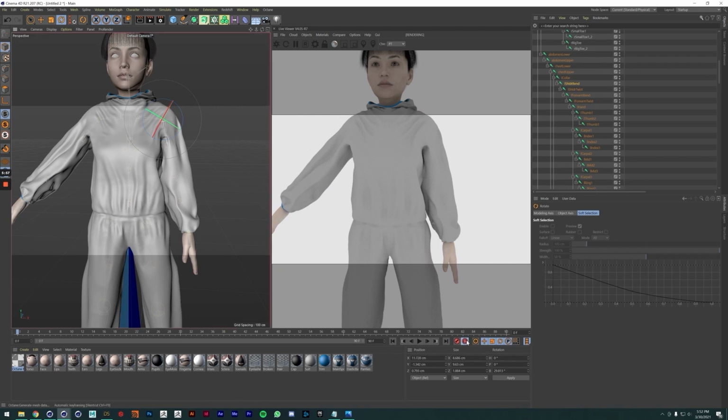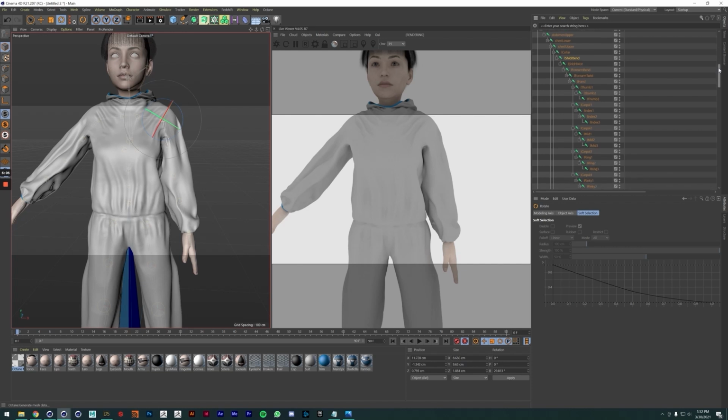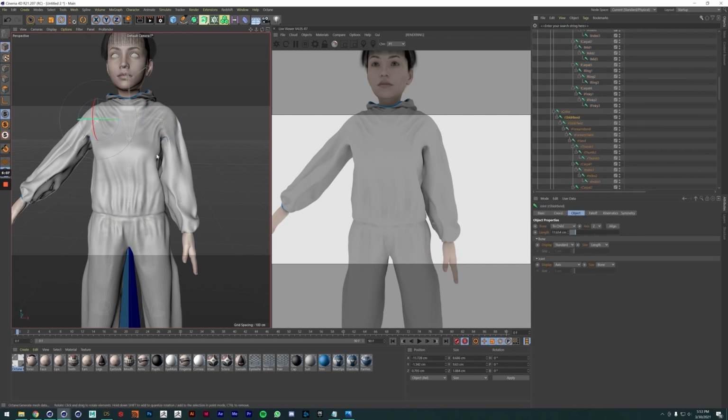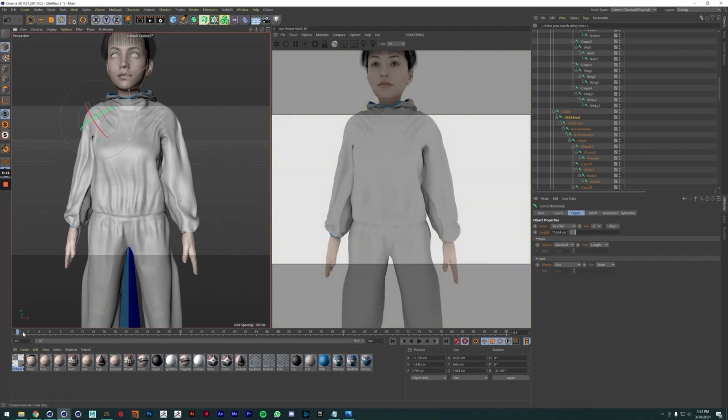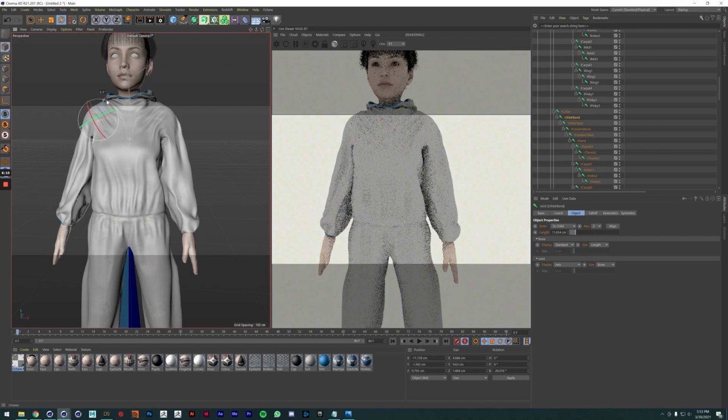I'm going to turn on my auto key right now because I don't want to have to key every time I move something, but just keep in mind auto key is on, because you don't want to start keying stuff like your cameras on accident, because that can get really annoying. So I have my auto key on. I just want this character to look a little bit more relaxed, so I'm just going to,